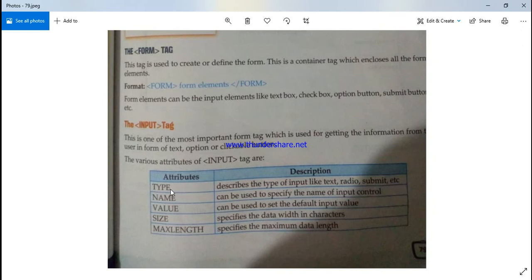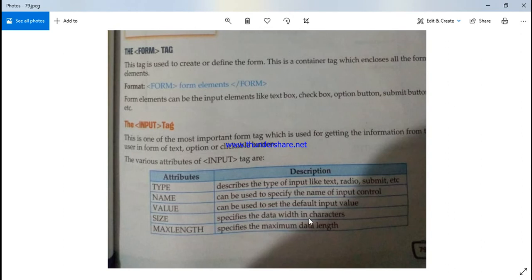apply the type attribute. Name can be used to specify the name of the input control. Value can be used to set the default value of the input. Suppose what is the value of this particular text that the users will input in the form.